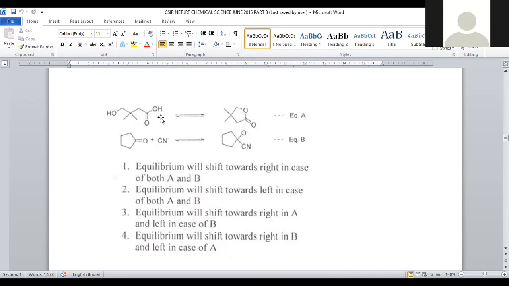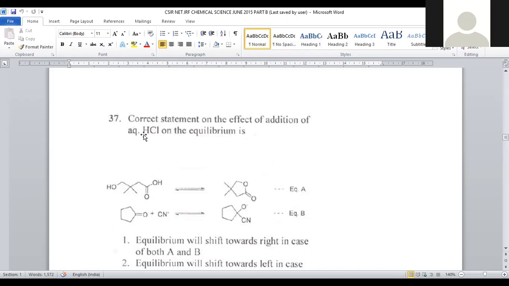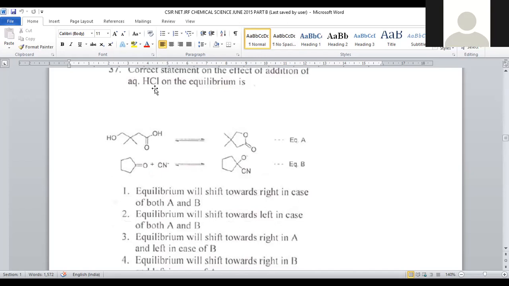So here we have OH and COOH, so that it will be cyclized within the molecule by water elimination. We will get a cyclic lactone, right? This is a kind of esterification. During this esterification, if you are adding H+, nothing but hydrochloric acid, being a catalyst, acid catalyzed esterification is highly favorable, so that the equilibrium will be shifted towards the right hand side in this acidic condition, right?